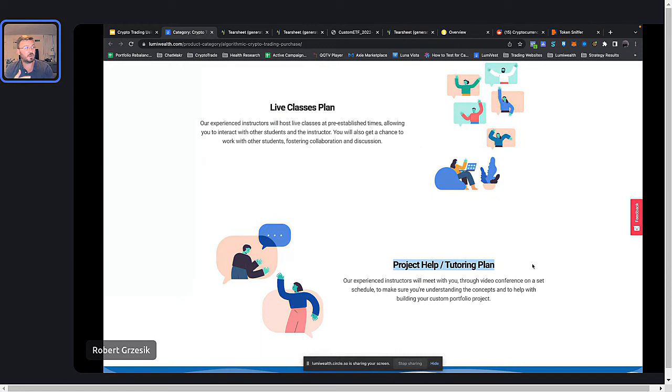So which means that if you're going through this class and you want to learn how to build this bot, and maybe you have something in mind, some sort of strategy that you want to build, well, we have a bunch of developers on our team that could actually sit down and help you build those bots out, right? They could write code for you and actually help you build that first version of your bot, or help you when you're stuck, or build out that component that you're finding very difficult to build. We can help you with that as well, right?